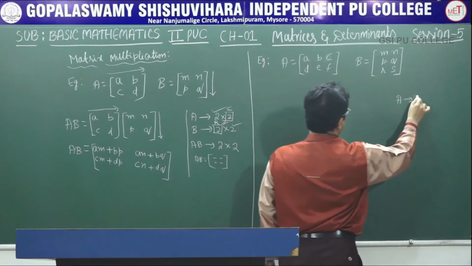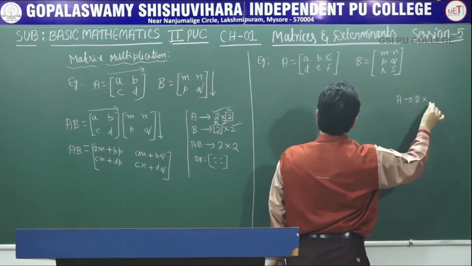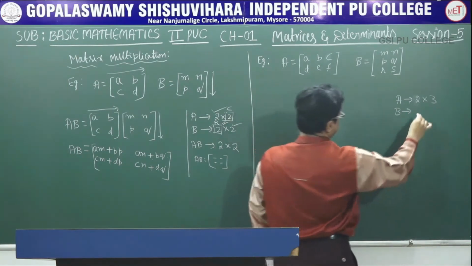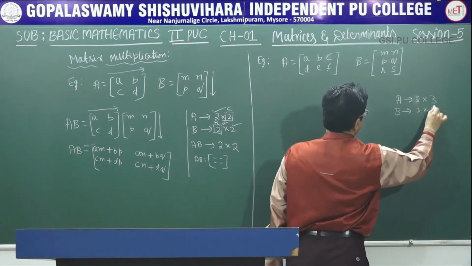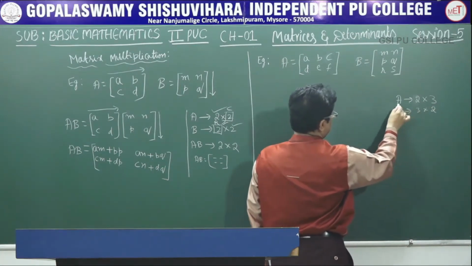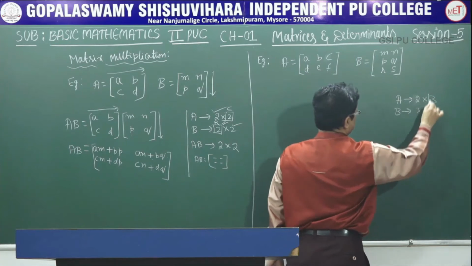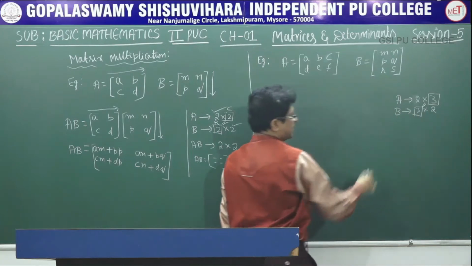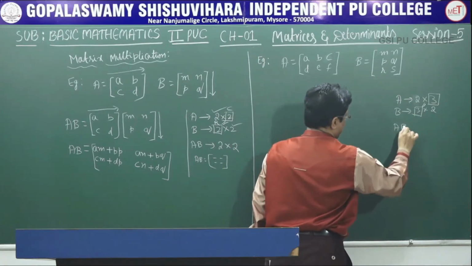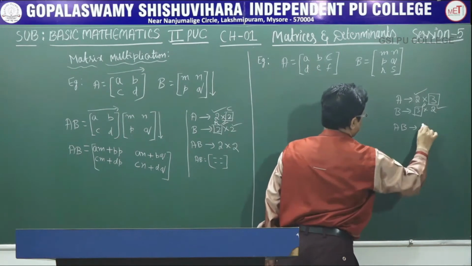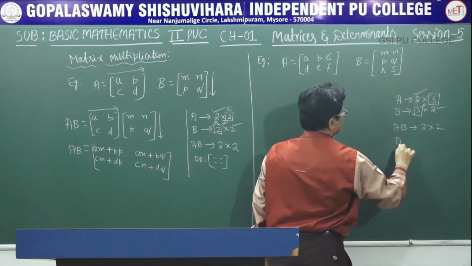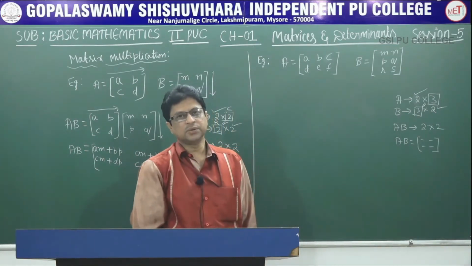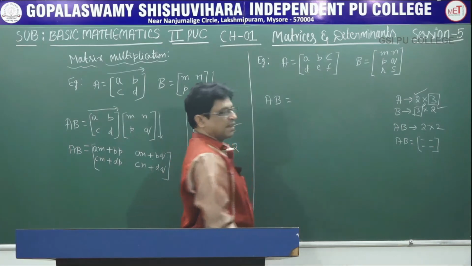A matrix is of the order 2 into 3 and B matrix is of the order 3 into 2. So, here if you observe, the number of columns in A is equal to the number of rows in B and the product matrix AB will be of the order 2 into 2. That means the matrix AB will have 2 rows and 2 columns. Let us multiply